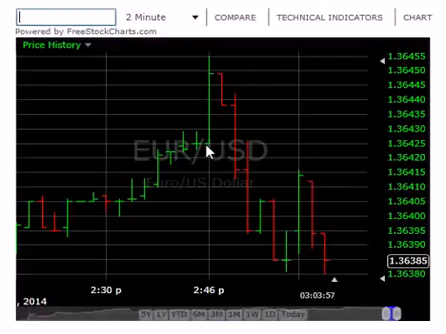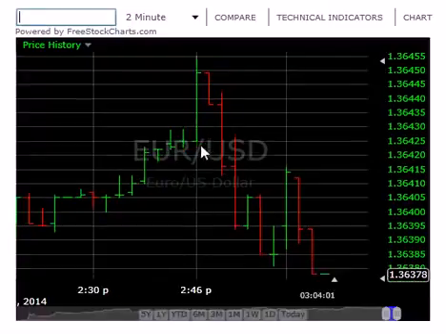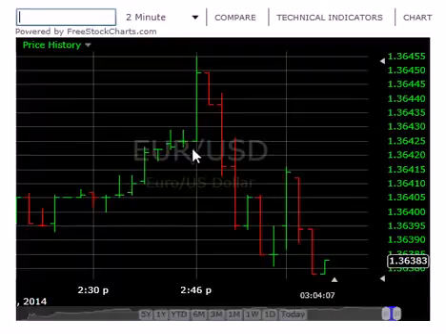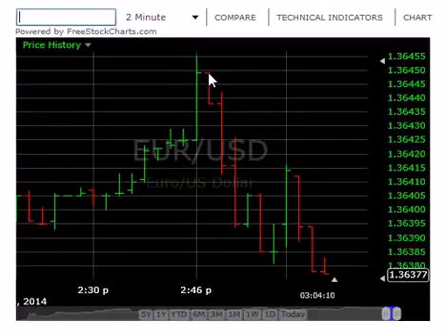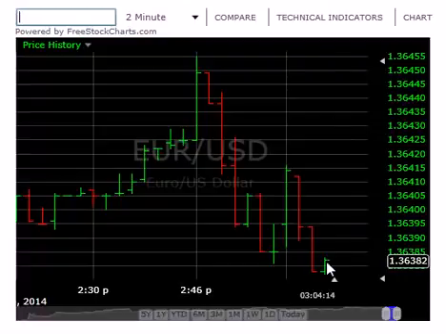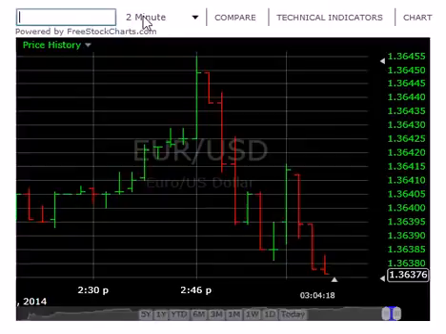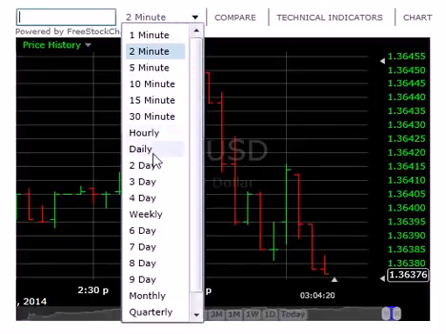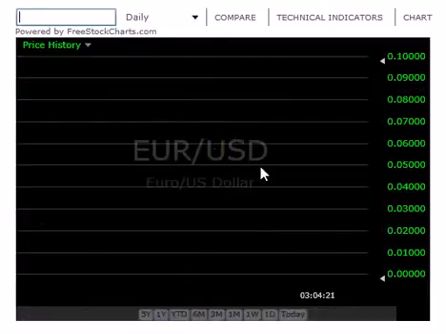We have a little line on the left hand side which marks the open, a little line on the right hand side that marks the close, and then we can see the whole distance that the price moved over that 2 minute period. Each of these bars are 2 minutes, which means every 2 minutes a bar will close and a new one will start. If we change it to a daily chart,